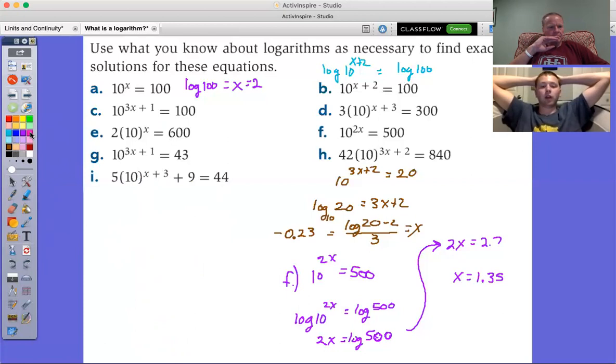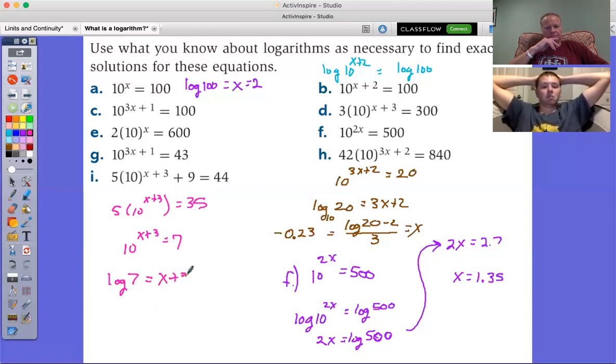So subtract 9 from both sides, and you'd get 5 times 10 to the power of x plus 3 equals 35, if I have that right. And then I would divide both sides by 5. So we get 10 to the x plus 3 equals 7. And then we can just apply the definition of a logarithm, and you'd get the log of 7 equals the exponent,